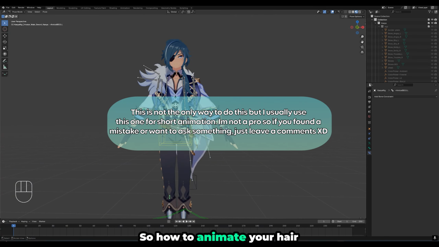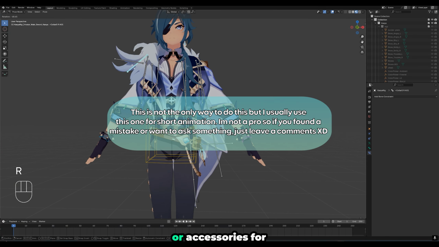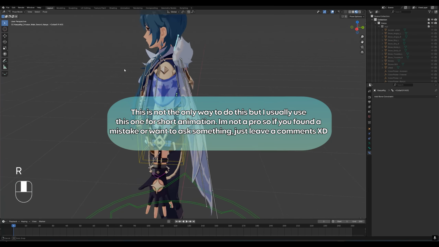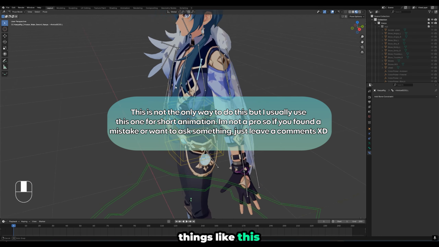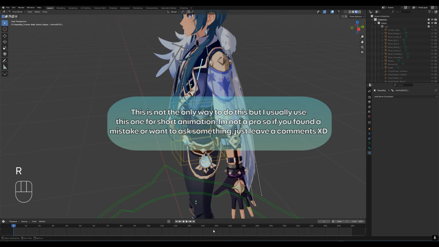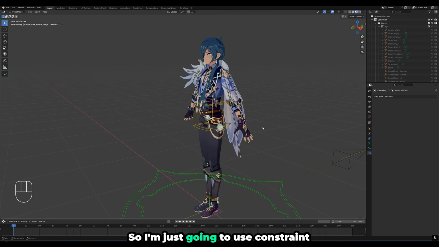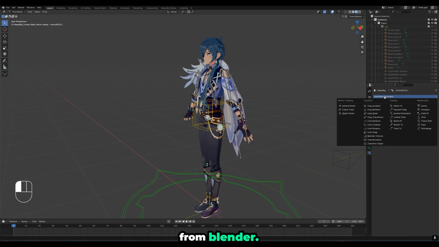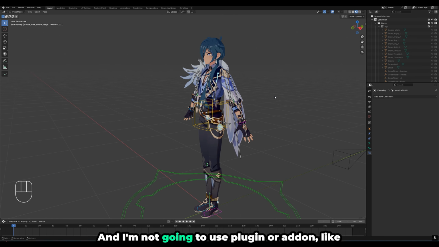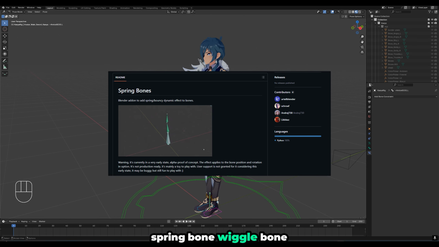So how to animate your hair or accessories or things like this without animating it manually for the whole animation. I'm just gonna use constraints from Blender, and I'm not gonna use a plugin or add-on like Springbone, Wigglebone, Bone